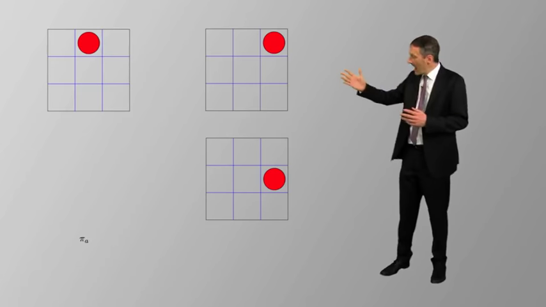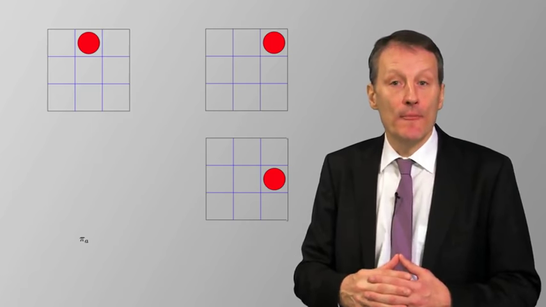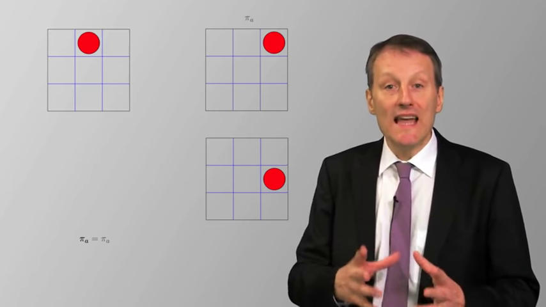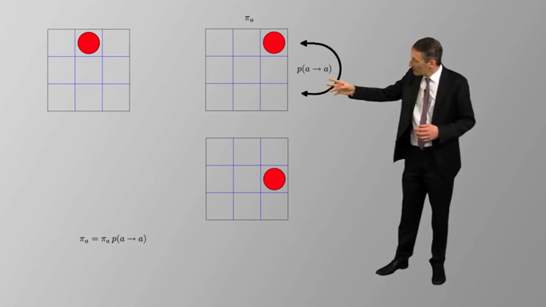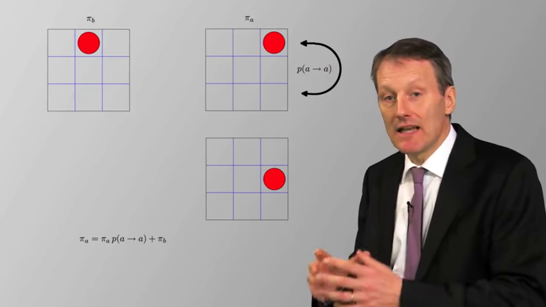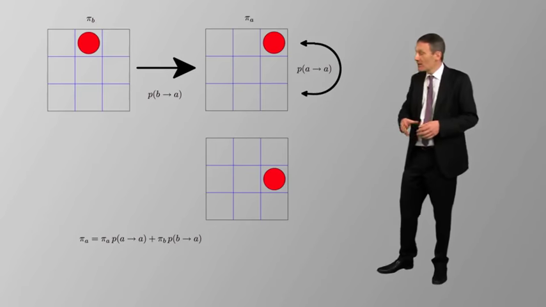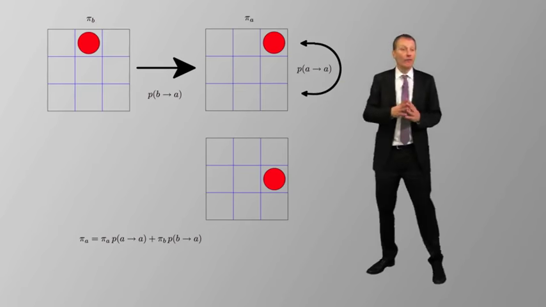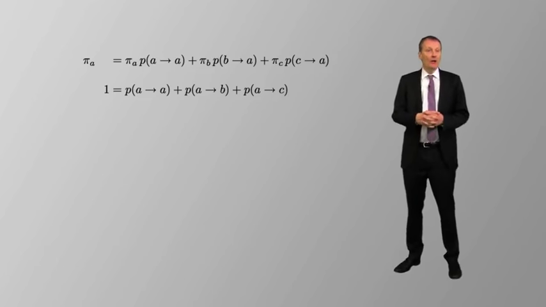The probability π(A) to be at configuration A is then given by the probability to be at A and to remain on that site, plus the probability π(B) to be at configuration B times the probability to move from B to A, plus the probability π(C) to be at configuration C and to make a transition from C to A. Putting these two equations together, we find